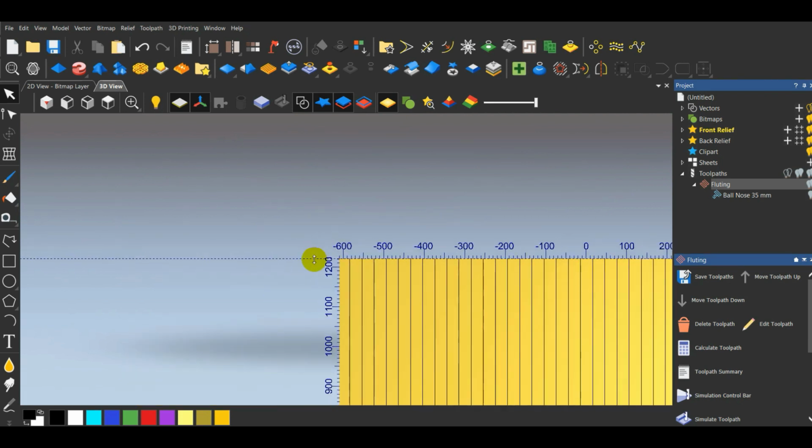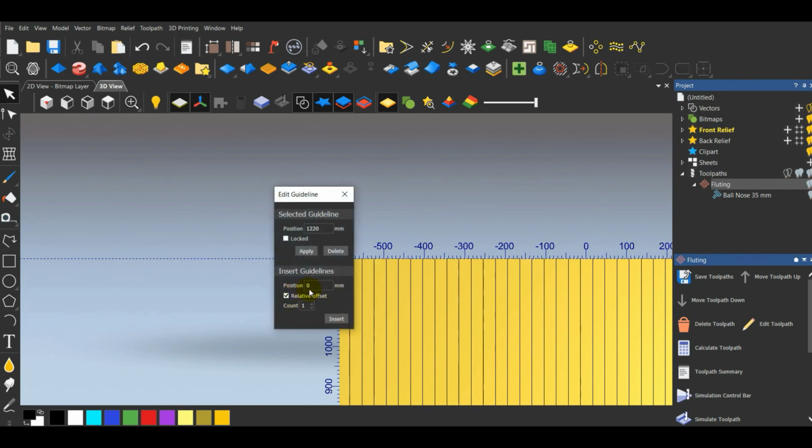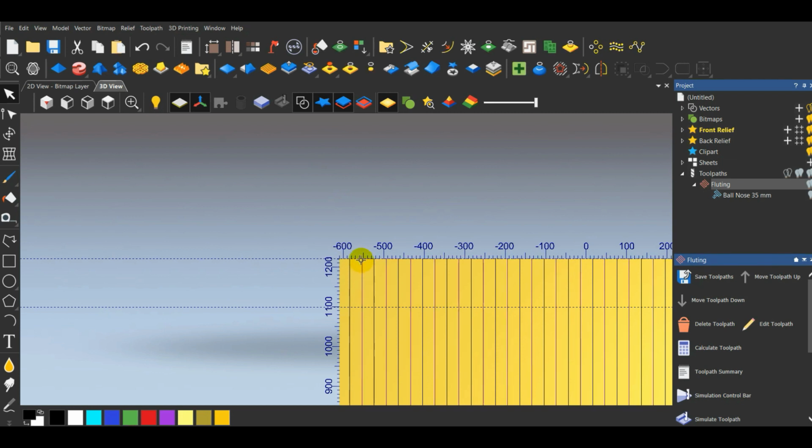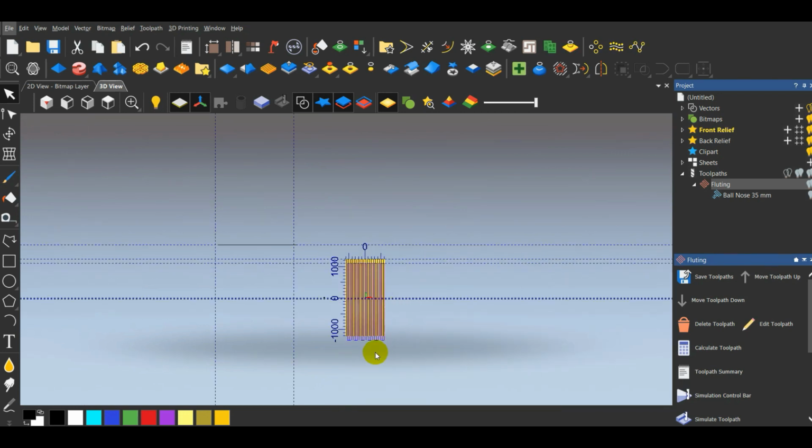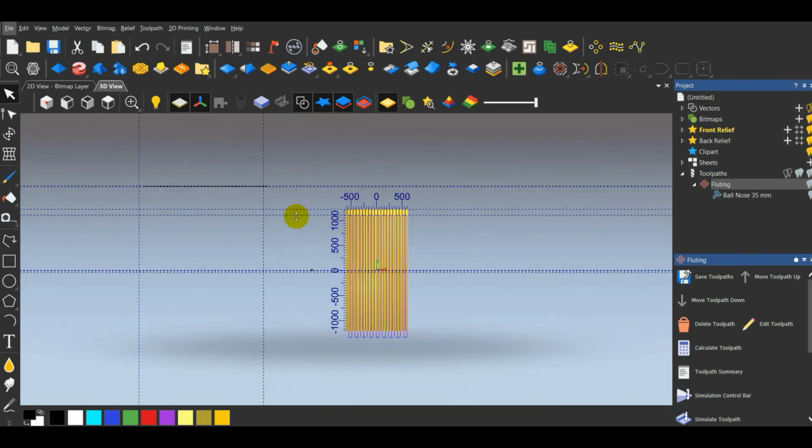Okay, and then right click on it and simply choose a relative offset and take -122 and insert it. One of the alternate group vectors, you should press Alt and move all of them, shift them 122 downwards. Okay,